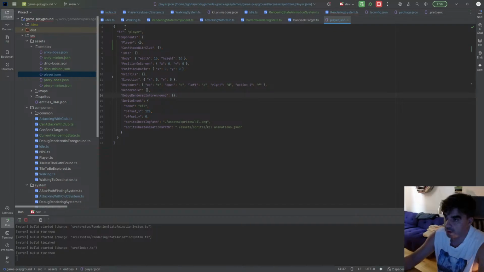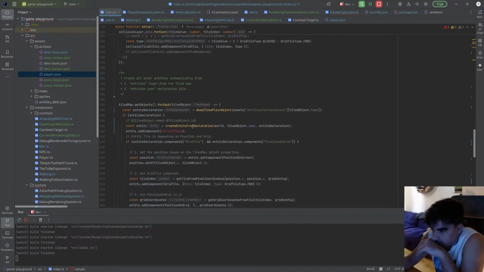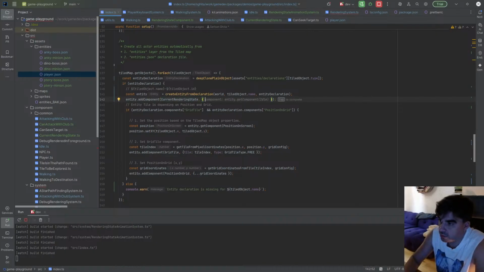Wait, current rendering state should be something that I should have by default. Yes. So it's add current rendering state. And then I think the default should be